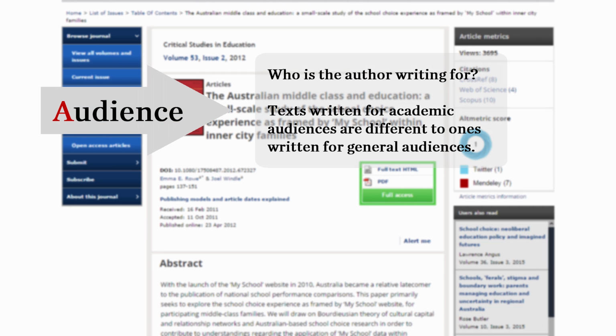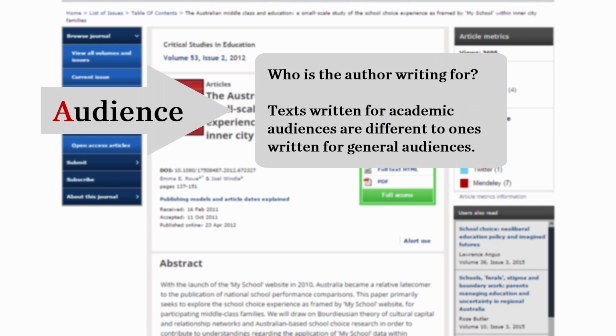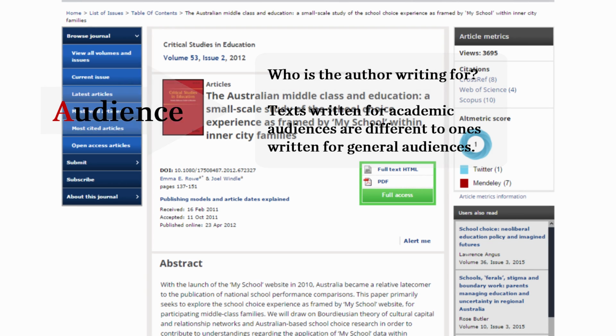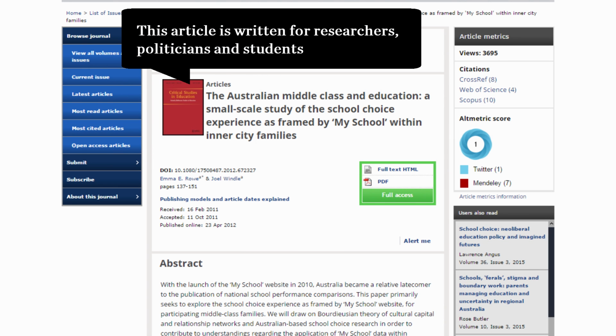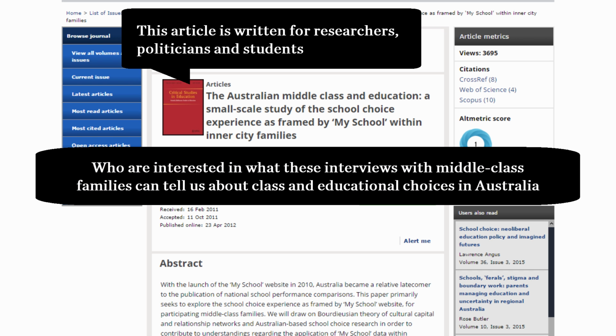Audience. Who is the author writing for? Texts written for academic audiences are different to ones written for general audiences. This article is written for researchers, politicians, and students who are interested in what these interviews with middle-class families can tell us about class and educational choices in Australia.